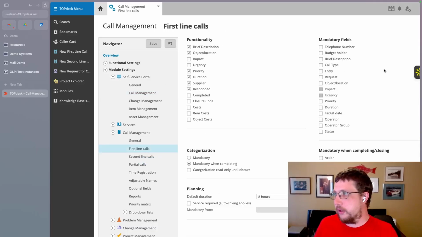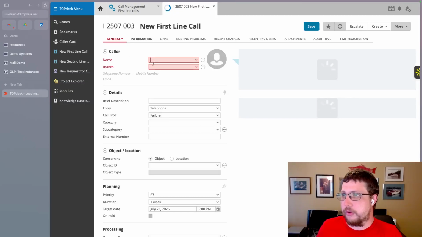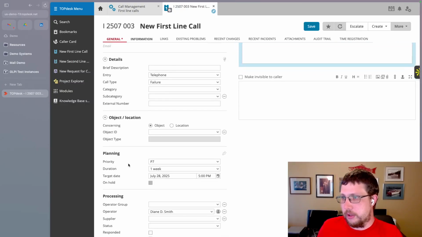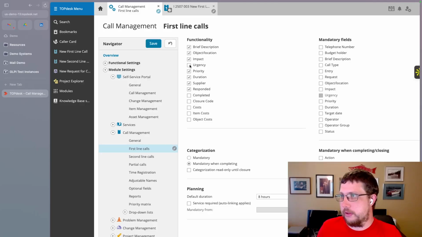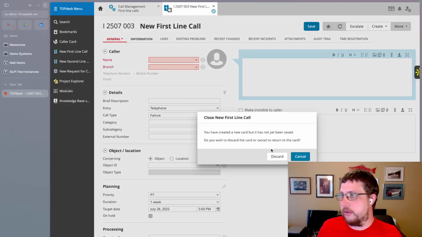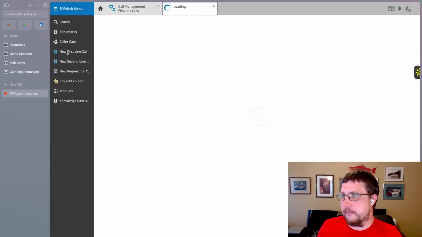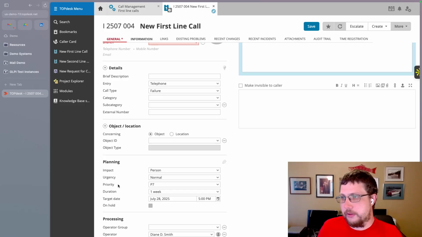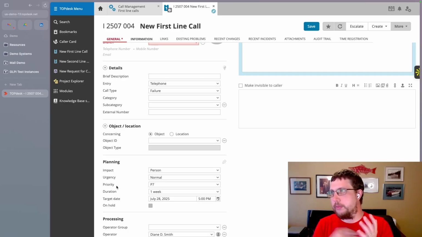So if we go to first line calls, you see priority, duration, suppliers, but urgency and impact are even disabled here. So if we're just focusing on priority, we enable that, and that's what we get. And if we went to new first line call, we would probably see that as well. So priority, but we don't see impact and urgency. Let's go add impact and urgency and hit save. And let's just create a new first line call. There we go. We have impact and urgency in addition to priority, right? So straightforward, but you get to choose from specific fields